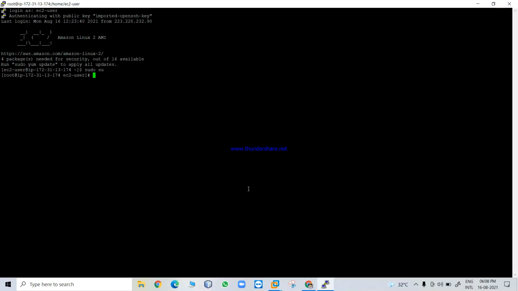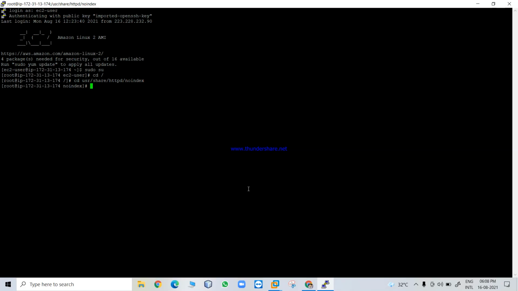Now go to the index.html file in the Apache server and change the content like this: cd backslash, press enter, then cd usr, share, httpd, noindex, enter.